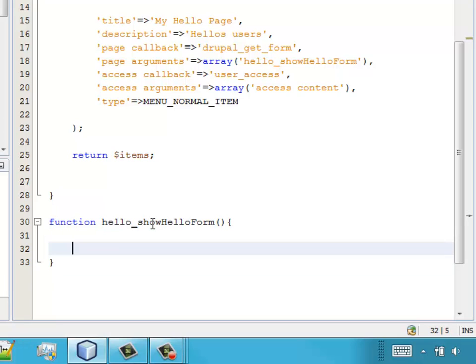Let's write code for show hello form. Start by defining an empty form array and begin adding required GUI components. Add a text box for inputting the name, give a human-friendly title,